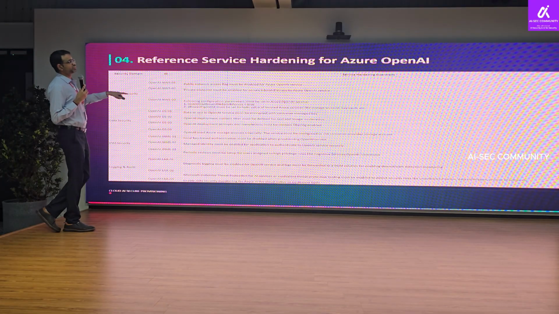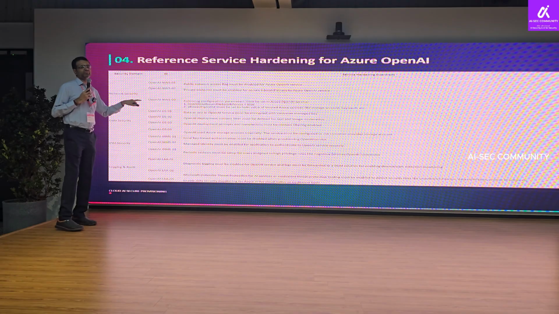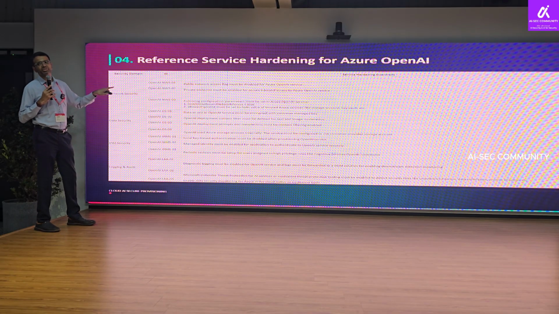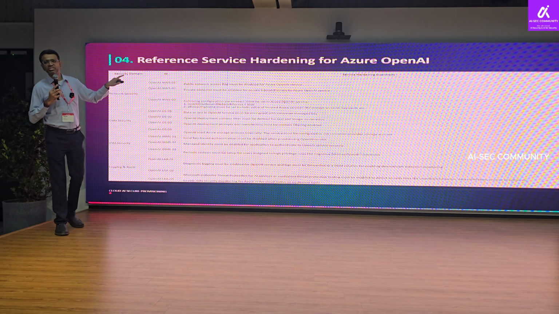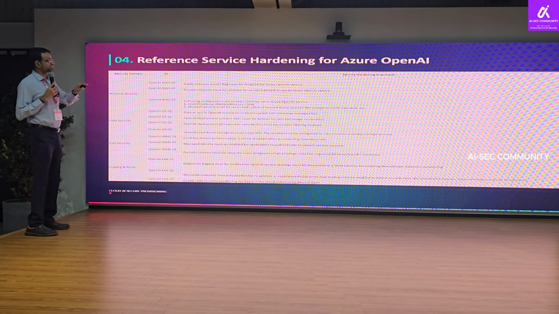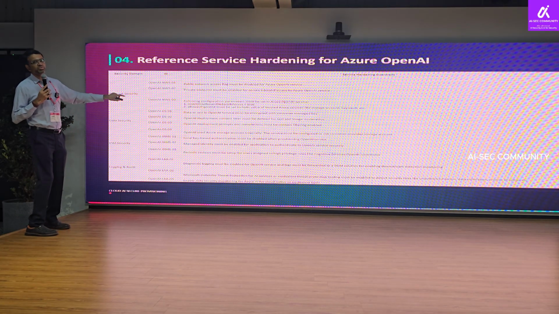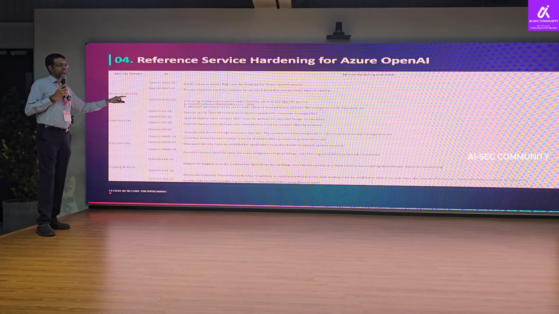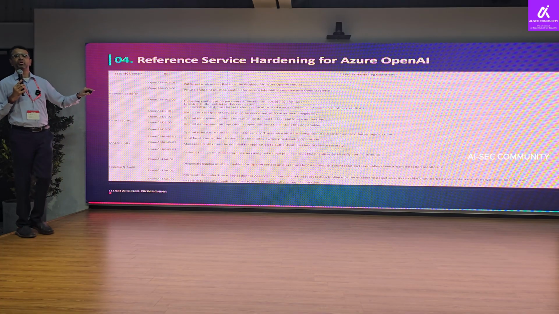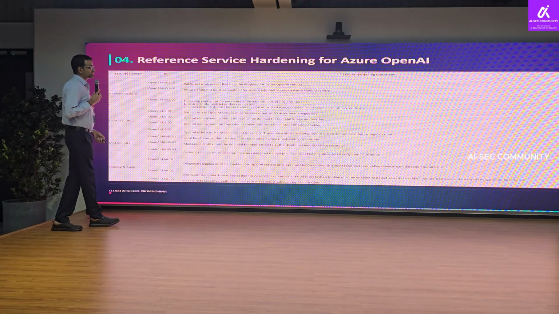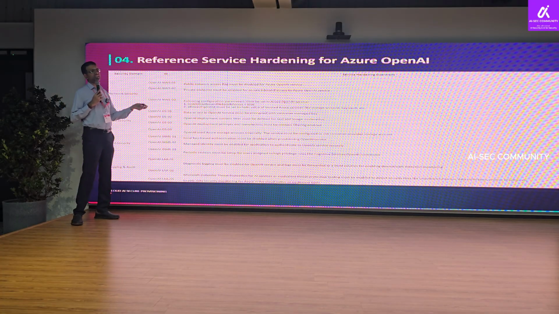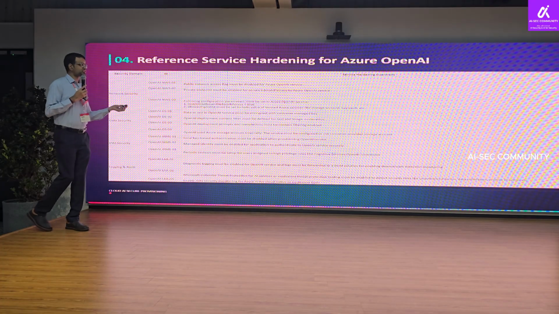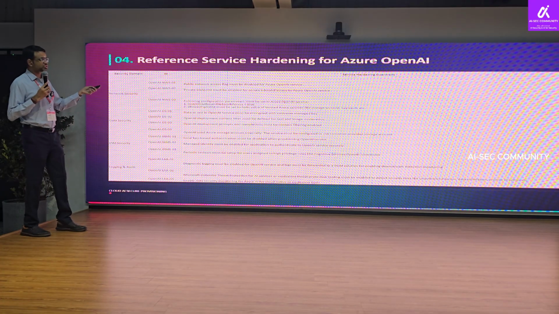If you are able to configure this well, even if not 100%, you have almost reduced the impact of having those problems with prompt injection and model poisoning. Right? So this normally would seem as a guardrail in LLM security from a model security perspective. But my point here is that if you are able to capture this in the service hardening process, it also meets your requirement with respect to your LLM security.